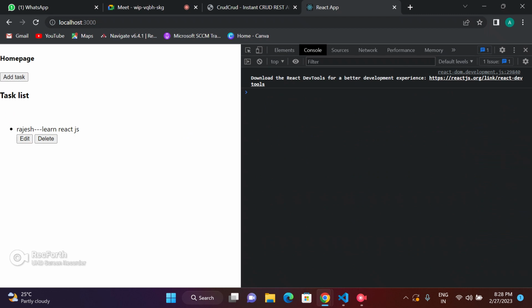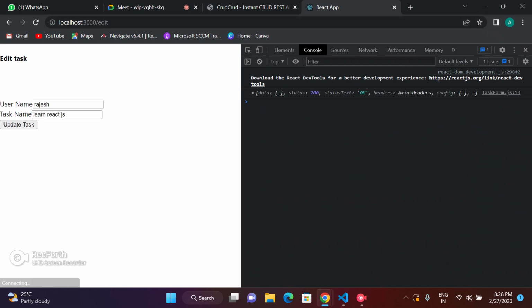So first we'll go to localhost directly. Okay, we got that. Edit, name is Rajesh, learn React.js. We are going to edit. On edit Rajesh, now I will change it to Nair